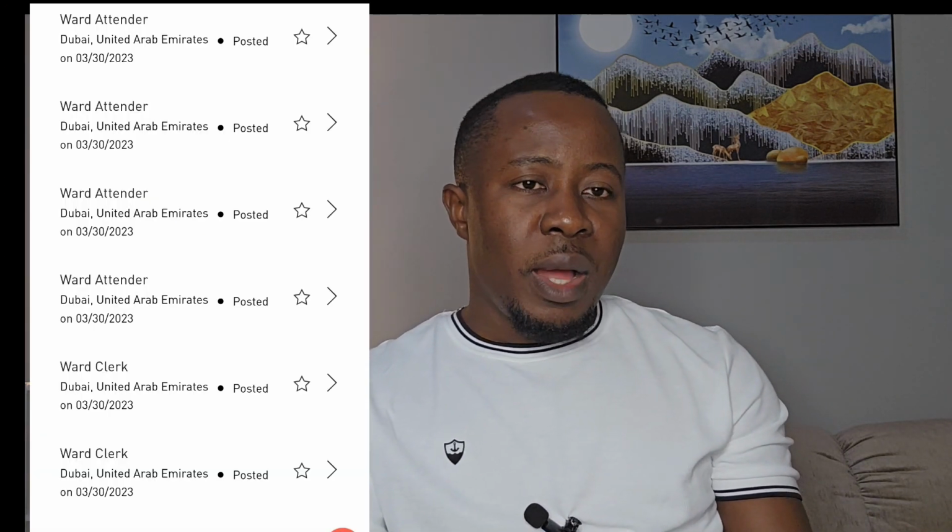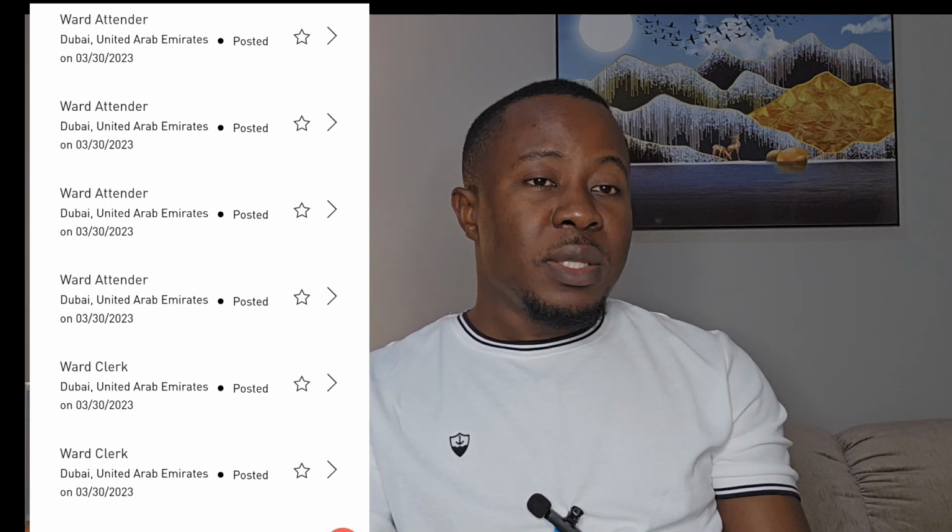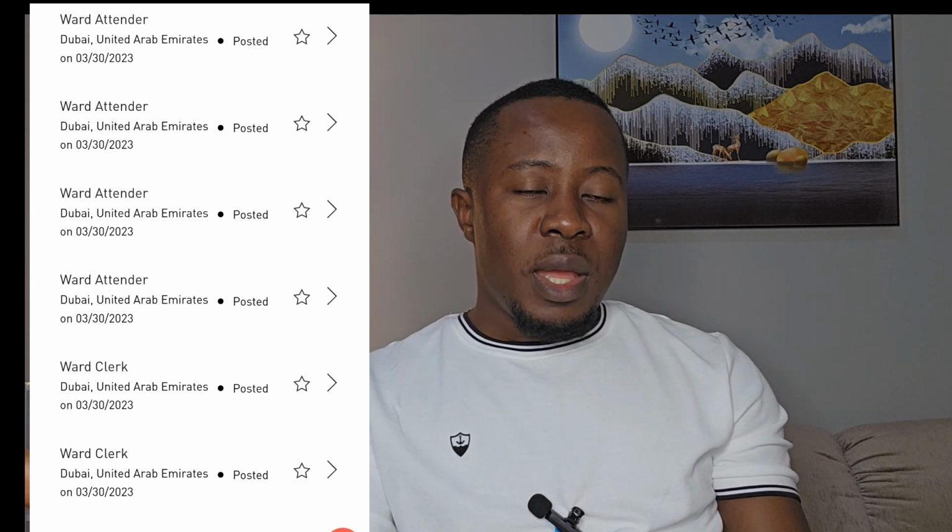The salary is not too bad. Maybe you can get from 2005 to 3005. It depends. I don't know how the hospital pays there, but you can get something. And the good part here is that it will help you to learn so much more regarding the hospital and how everything works. So especially for those who don't have experience, a ward attender position is very good, because your